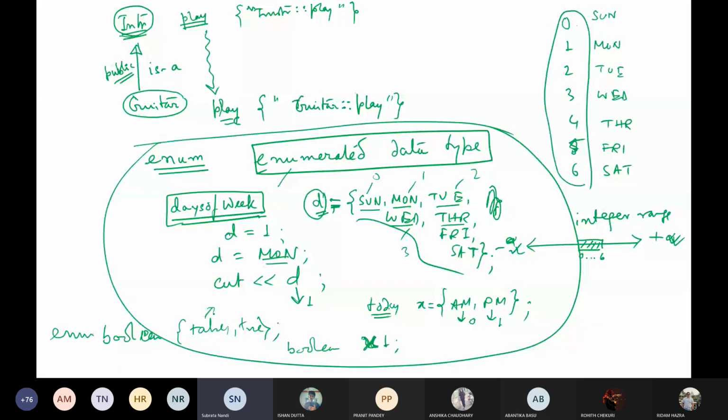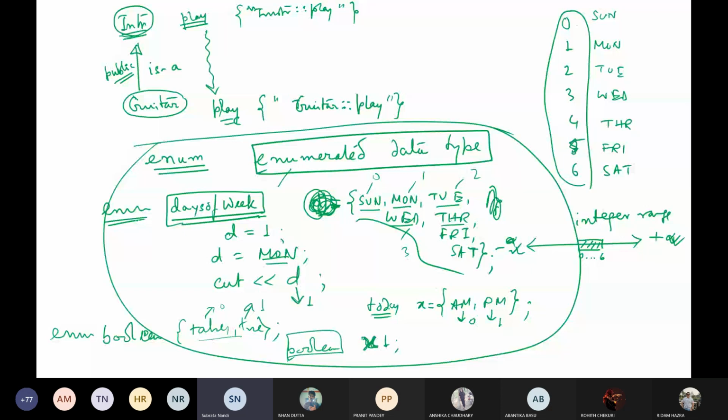So this Boolean becomes a new data type, and it can only take 0 and 1 values because that is how we have defined it. Is that clear? Syntactically you should write enum when you are defining an enumerated data type, enum days of week, and it will include a finite domain of values,